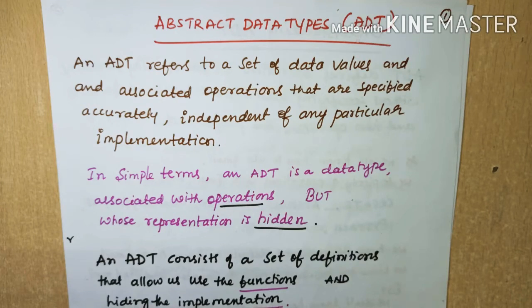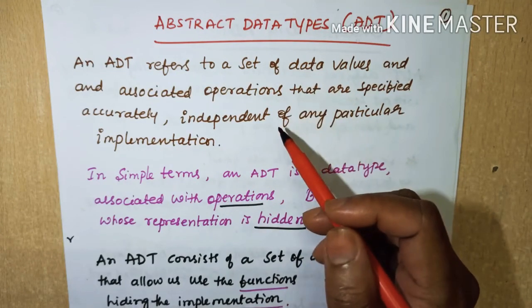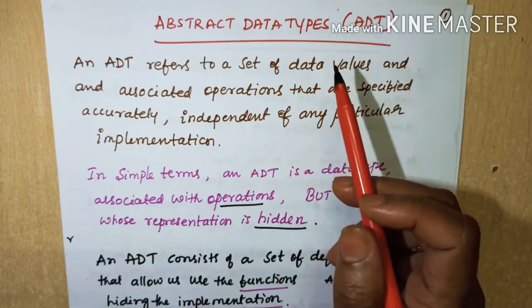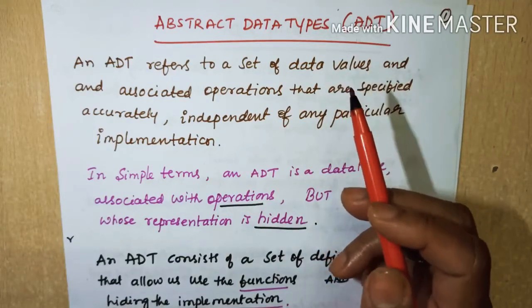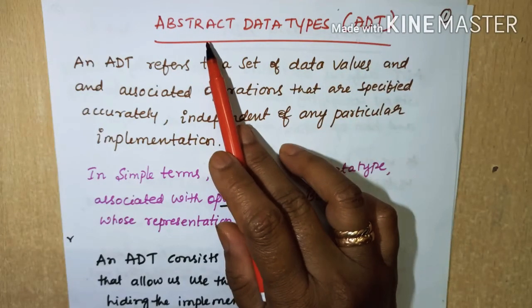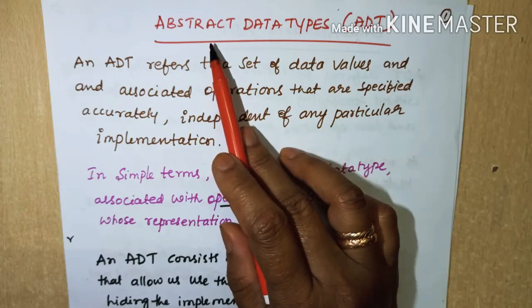In my last video, I discussed the definition of a data type and its categories, isn't it? They are fundamental data types, derived data types and user-defined data types. Then what is this abstract data type? Abstraction means the process of representing the essential features without including the background details or explanation. We call it abstract. So now let us discuss the meaning of abstract data type.